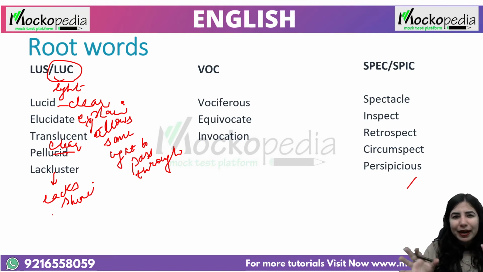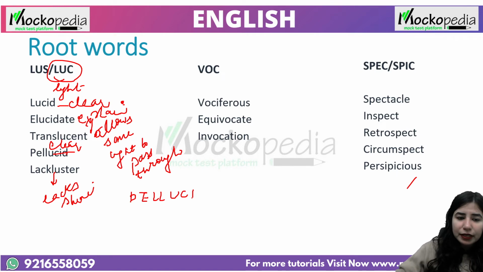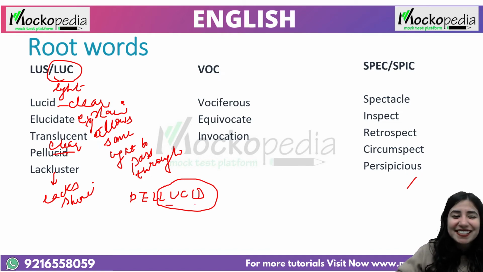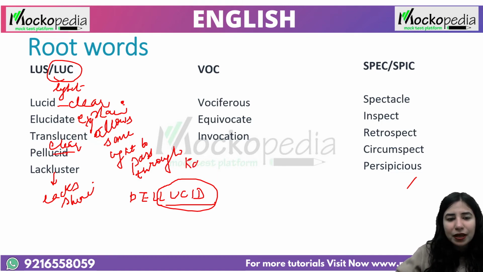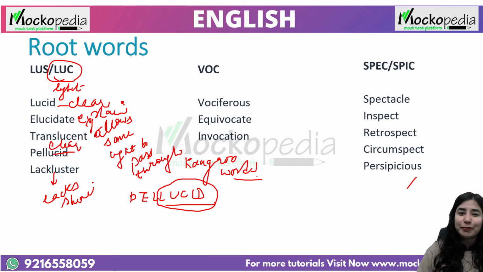And pellucid is something which might be new to you, but this is also what we call kangaroo words. So if you will just be clear, in the spelling itself, you have the meaning. Are you able to see the magic? Right? So in the word itself, you get the meaning, which is lucid, clear. So that's what I wrote here. Can you see? When we found the meaning of lucid, we wrote clear, and in pellucid also we wrote clear. So the meaning of pellucid is in the word itself, right? So we call them kangaroo words. Okay? Another interesting way to learn, enhance vocabulary, right?